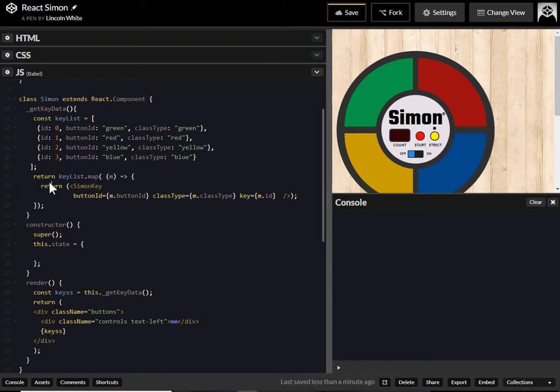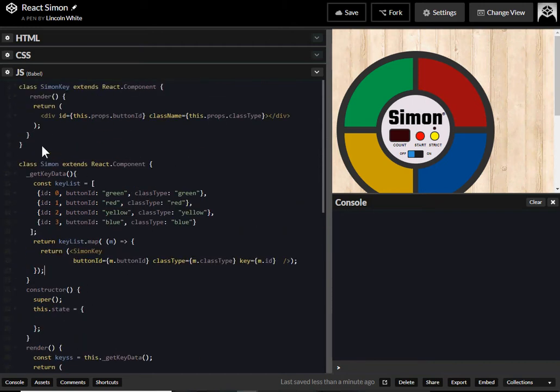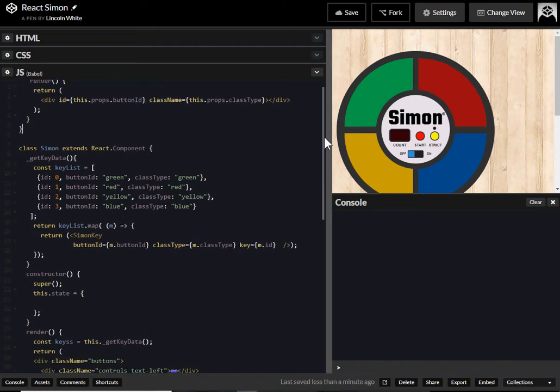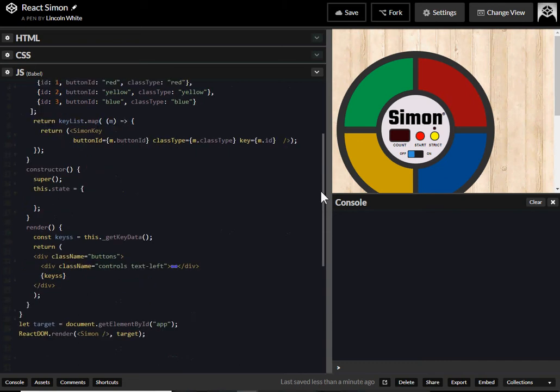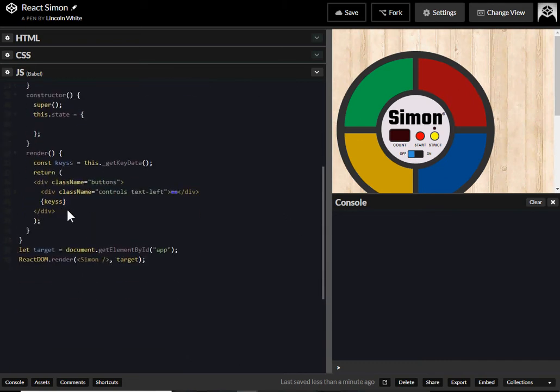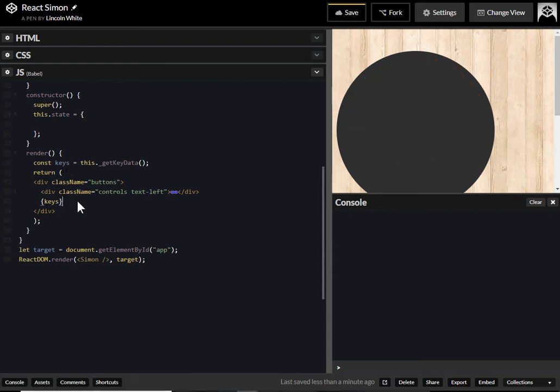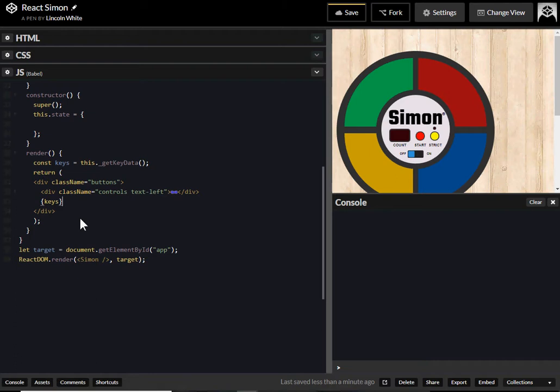So I know this looks confusing when you see return twice, but this is returning from this function, and this is returning from the function inside the map. Okay. So now that's working, all of that. Let me just change this back to keys. Okay, so